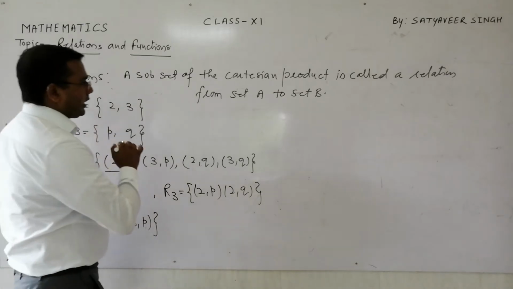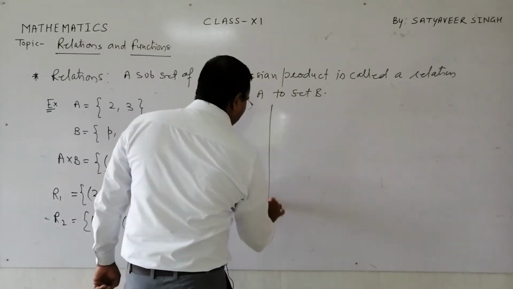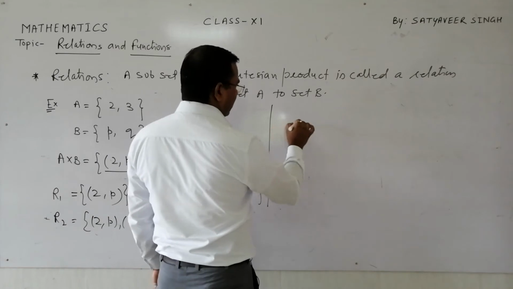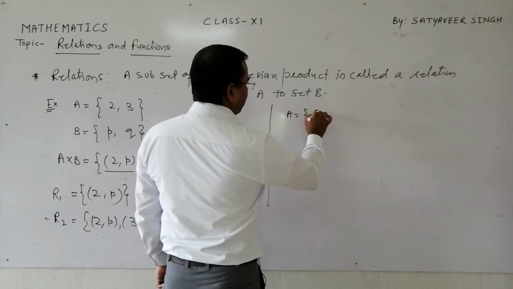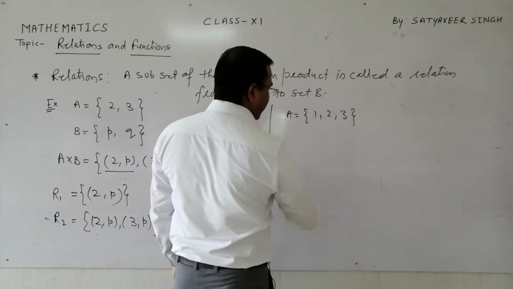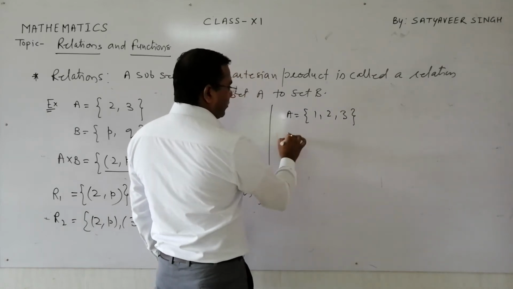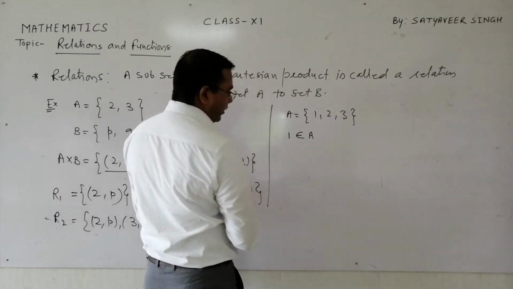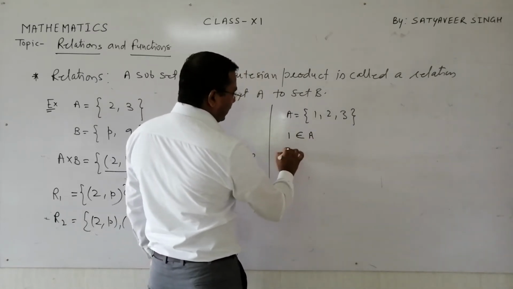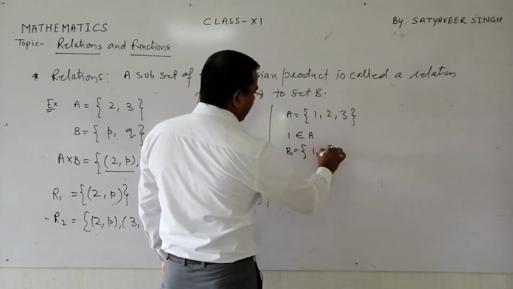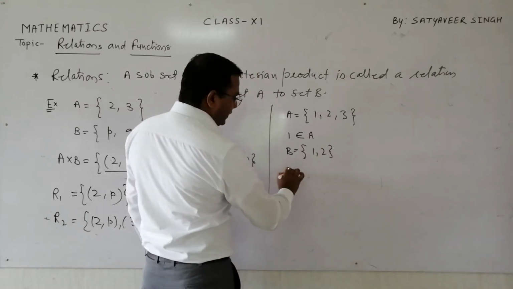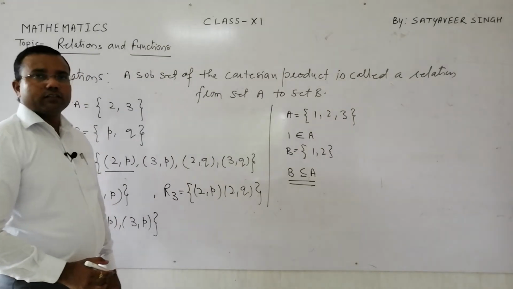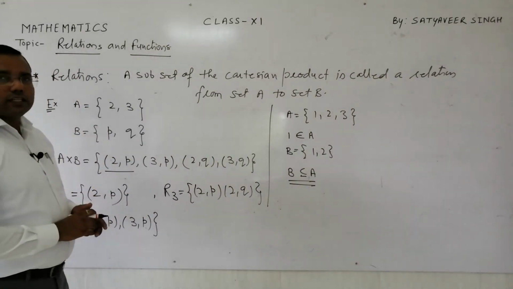If you do not know about subset, then go through the previous video, there I had discussed with you about the subset also. Means there is a set A, suppose 1, 2, 3 elements. So we can say 1 belongs to set A. Or suppose another set I have prepared 1 comma 2. So we can say B is the subset of set A.